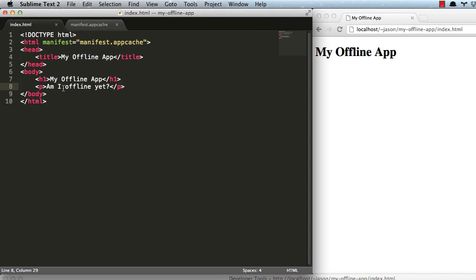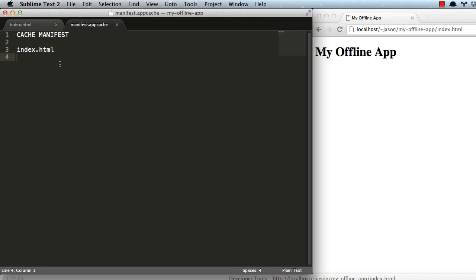So the browsers could be really, really smart and download the manifest, look at every file listed in it, and then check to see if any of those changed. But that's a lot more work than the browsers want to do. So they came up with a shortcut